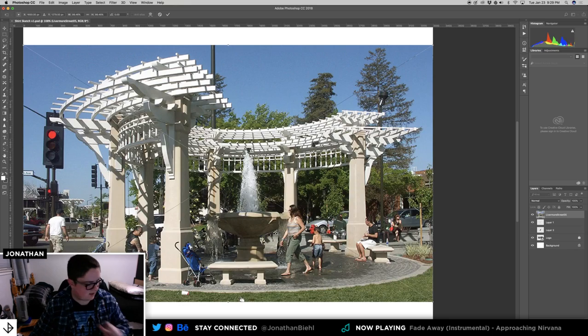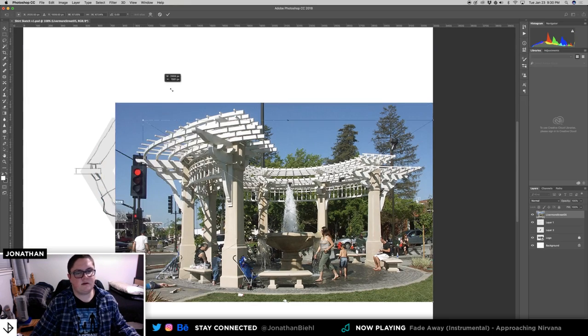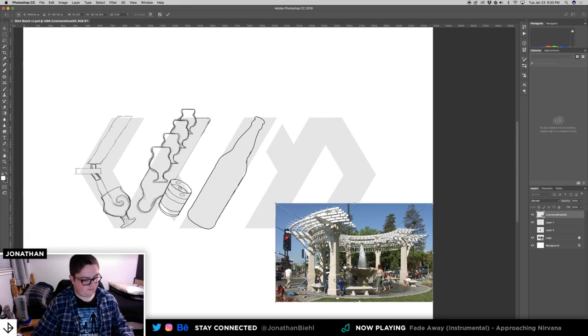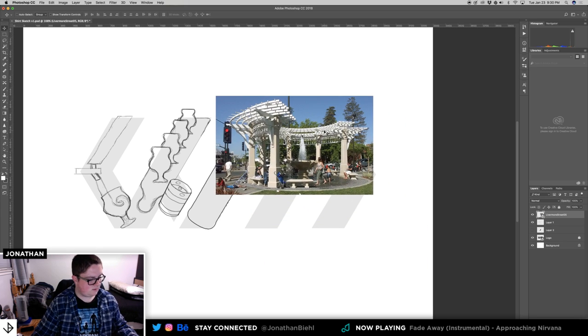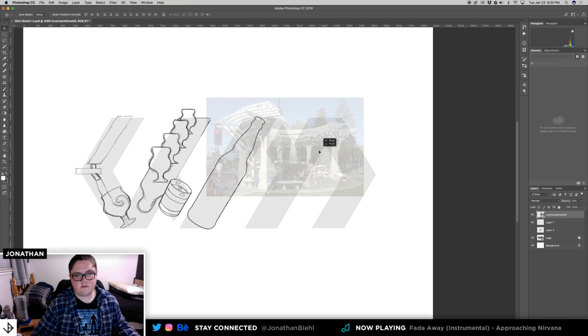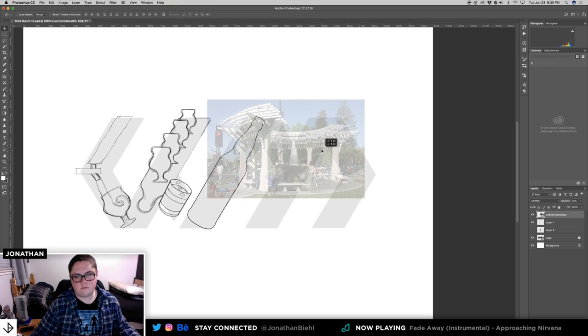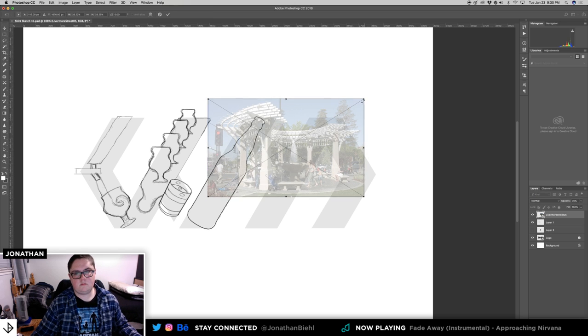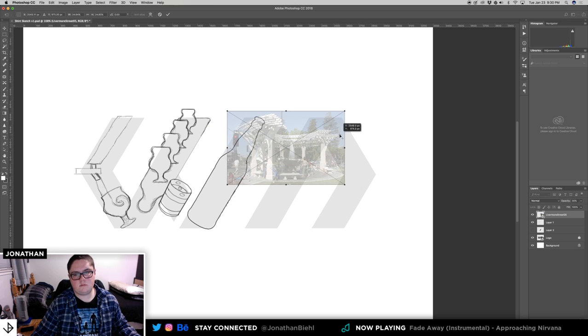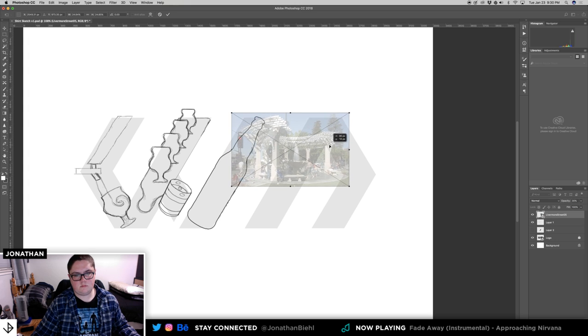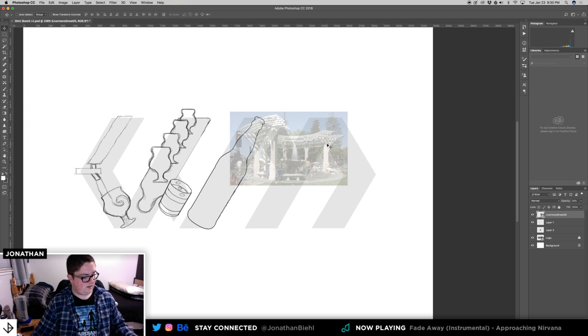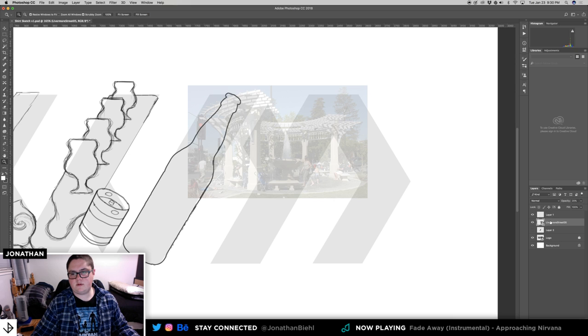I guess I am kind of sketching this already, but I'm going to have to go through and really refine this later on. So we do the fountain here. And this is like a sketch, so it doesn't have to be perfect again. So if I do that,